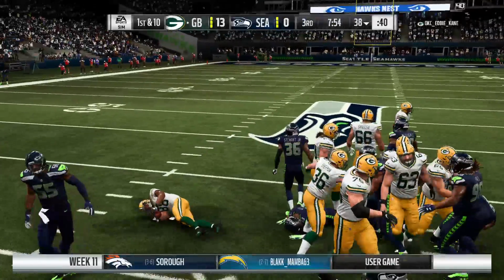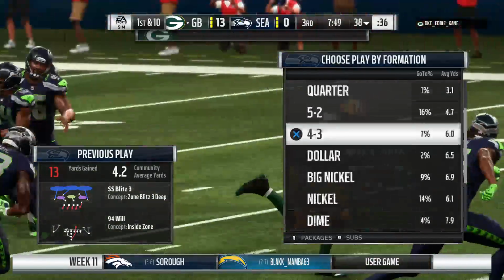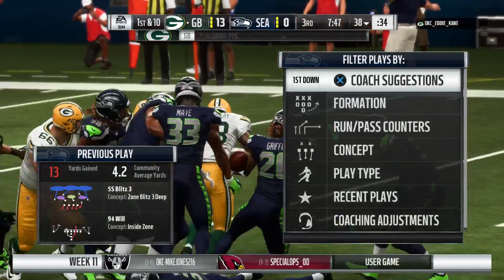And they're able to get this one across the 35. Solid way to start the drive. 13 yards, picking up the first. Now, this is